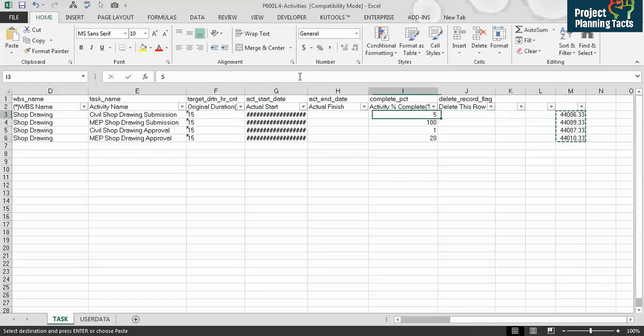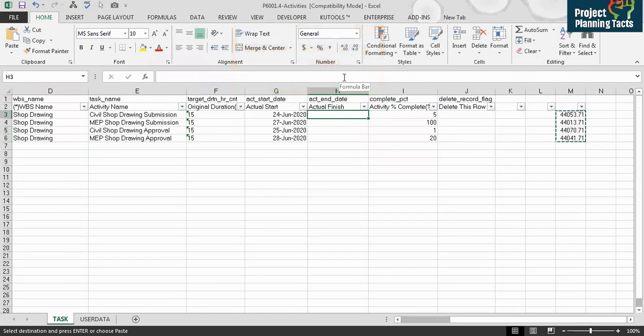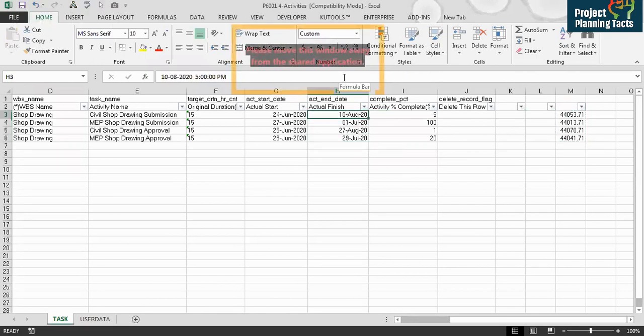So I will copy this here as values, and it is okay. Now I will change it to get the finish date, and that's my finish date. And I put it here. But remember, we will leave actual finish date blank for all the activities here which are not equal to 100. So I will remove this, and remove that. And then here I've got one actual finish date which is having 100%.